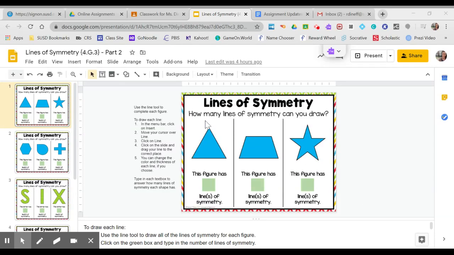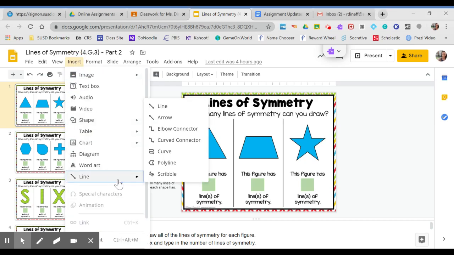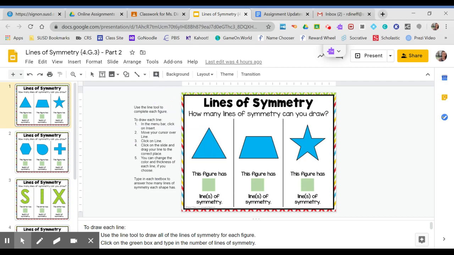On slide one, it's asking how many lines of symmetry can you draw? So just like we did before, and the directions are over here if you forgot how to insert a line so you can show your lines of symmetry. Remember, you go to insert, line, line, and then from here you can just draw wherever you think the line